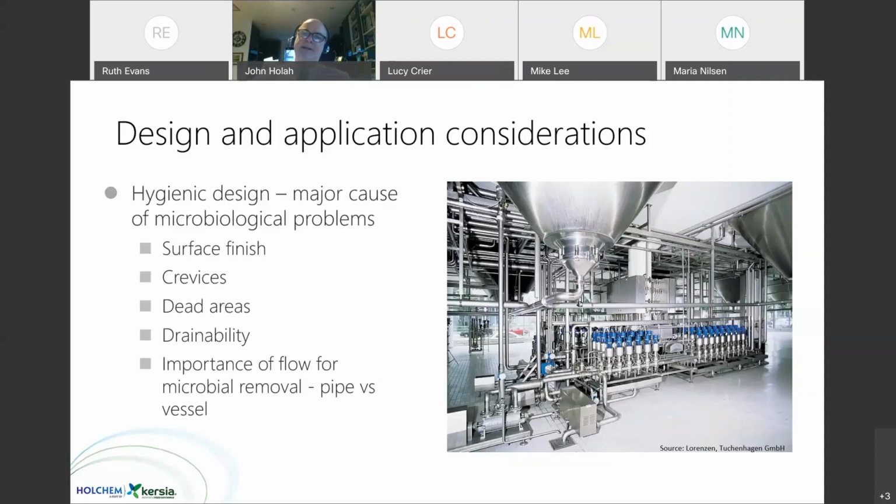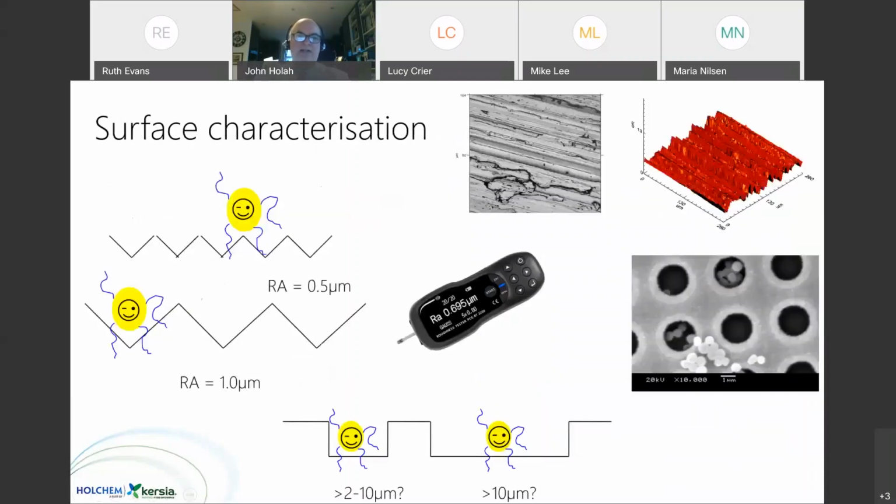So we need to think about surface finish, we need to think about crevices in the surfaces, dead areas where we don't have the penetration of the cleaning fluid, drainability, we don't want fluids left in the system, and the importance of the flow rates through the vessels and through the pipes to give us that cleanability. So starting with surfaces, there is a relationship